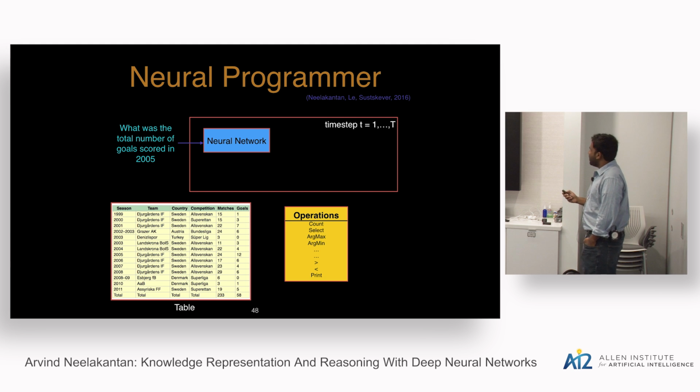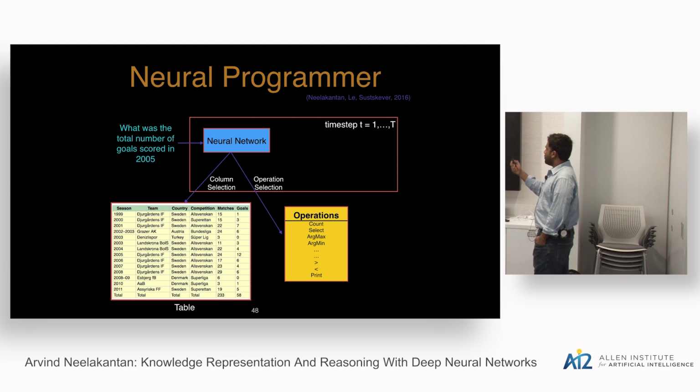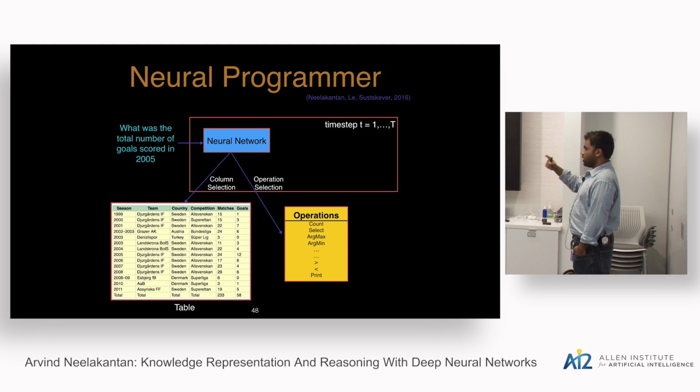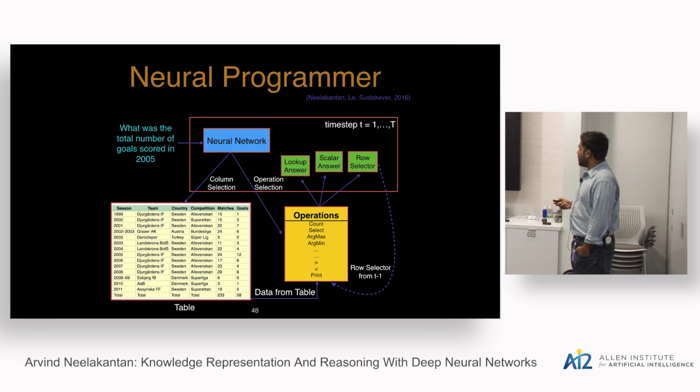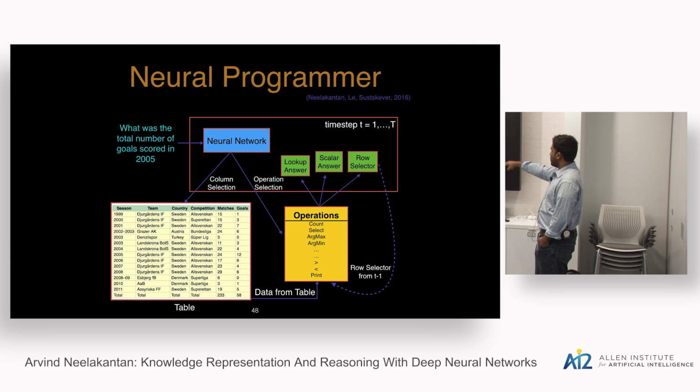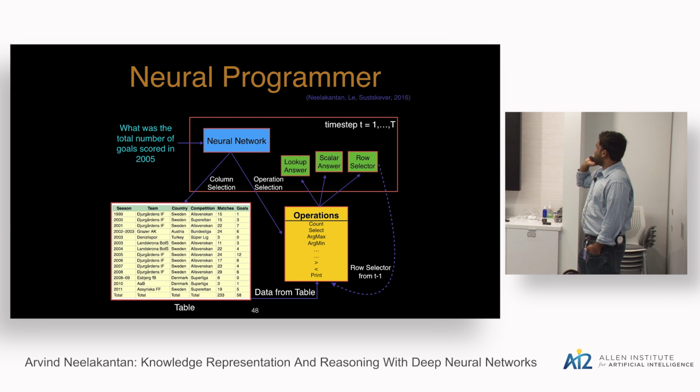And at a very high level, how that happens is the model runs for some fixed number of time steps, and at each time step, it selects a function, and it selects an argument to this function. Once you keep going for some number of time steps, you get a program. As shown here, the data flows in from the table to the function, and the function is executed. Those three variables, I'm not going to explain right now in detail, but you can think about it as maintaining state over programs. When the program is built up, these are like variables where the intermediate outputs are stored.